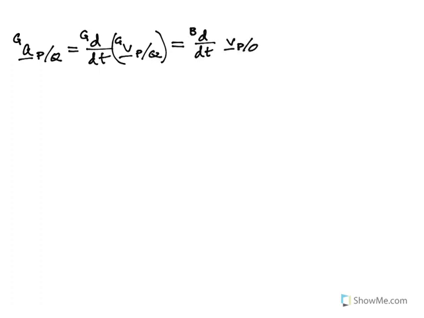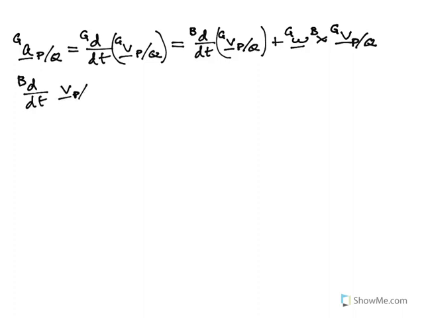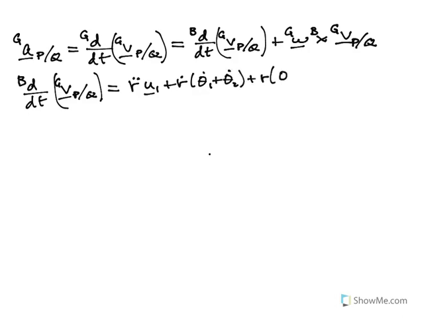So this is the rate of change in frame B of the velocity of P relative to Q in G plus the angular velocity of B in G crossed with the velocity of P relative to Q in frame G. Now d dt in B of the velocity of P relative to Q in G is equal to, well, if I look at that vector, I've got R double dot times U1, plus R dot times theta 1 dot plus theta 2 dot plus R times theta 1 double dot plus theta 2 double dot